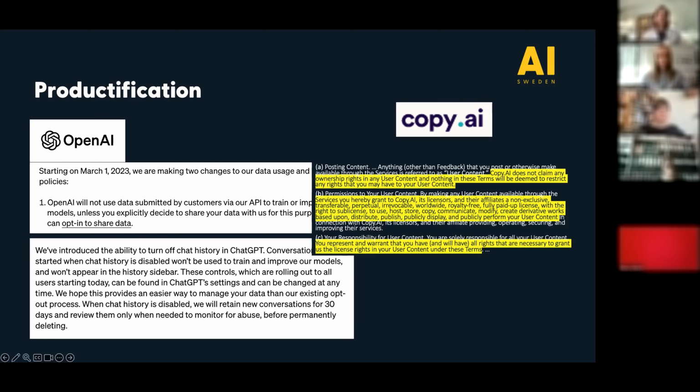Terms of service also quite often include regulations of the type of data or the content that you may provide. And one example from Copy AI here is that you are not allowed to submit content through the interface that includes obscene, violent, vulgar, or offensive content, or content that promotes racism, sexism, discrimination, and so on.